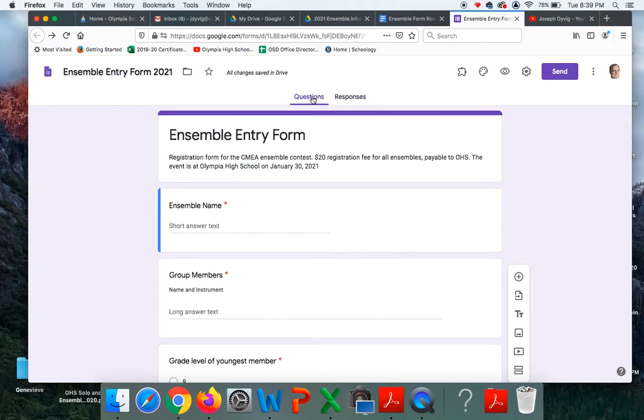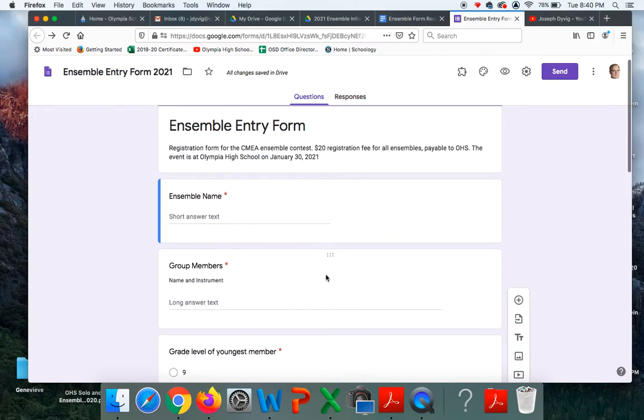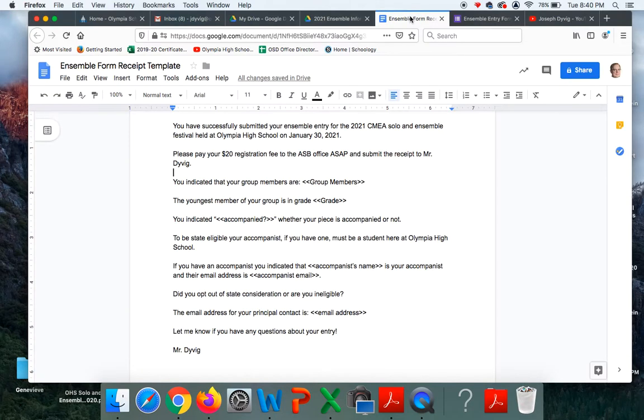Then, when somebody submits that form, you're going to want to create an automatic email. For the sake of this exercise, create an automatic email sending to the people that submitted the form what their responses were. So I created this letter,